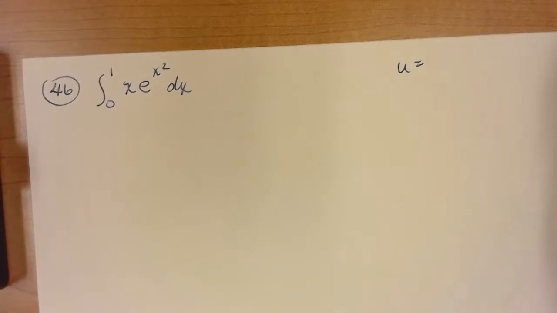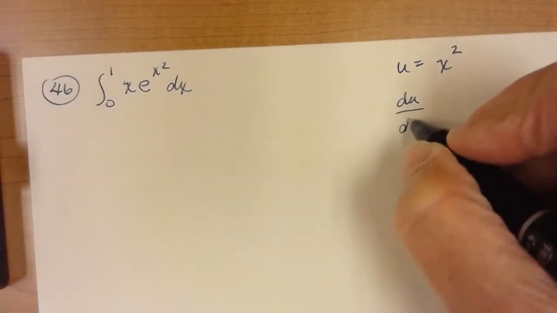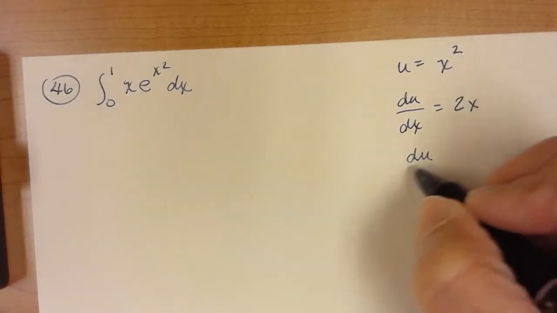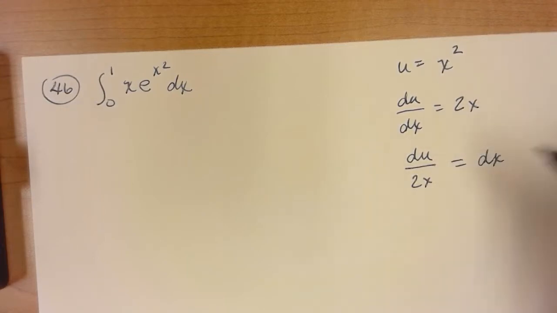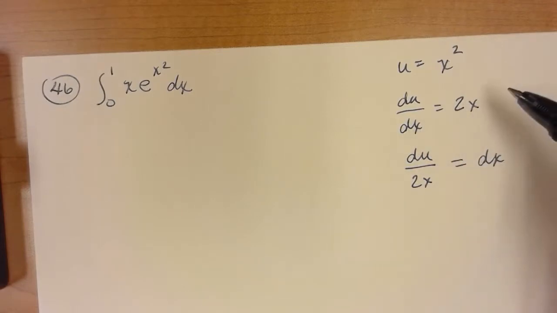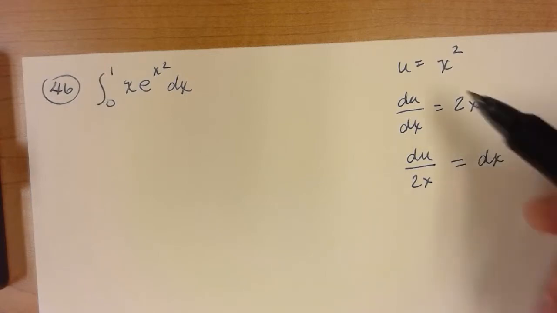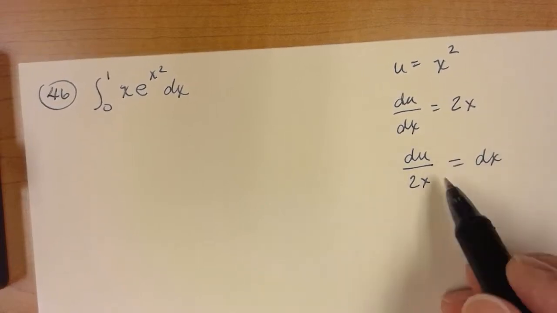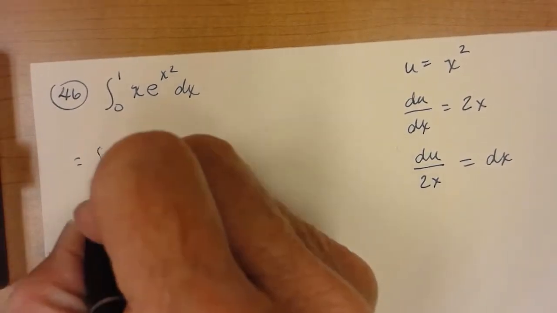I'm going to let u equal x squared, then du over dx would equal 2x. One of my daytime students said you just interchange these two, and technically that's what you do. This is always over 1, and these are called the means and extremes, so if you can just think about interchanging them, you can get to this point a whole lot quicker. Now my next step, and this is why it's called substitution,